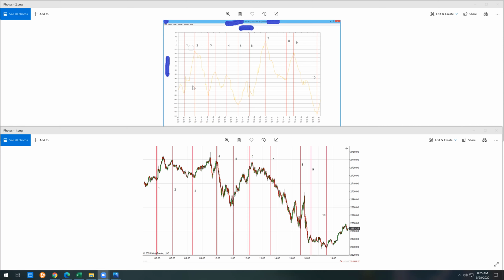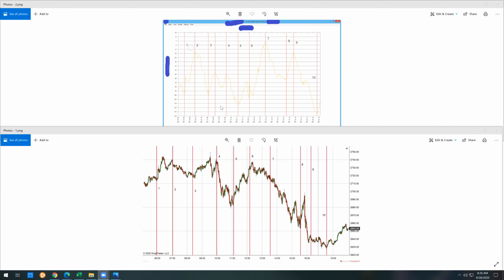So you can see that the low of the orange curve on red line number 1 is this minor low on the price chart at red line number 1. And that gives us a low and puts us into a long trade, which is good for a 30-point move right there. Number 2, we get a high point. Number 3 is a low. We get a low at number 3 in the market. At number 4, we get a high. We get a price high